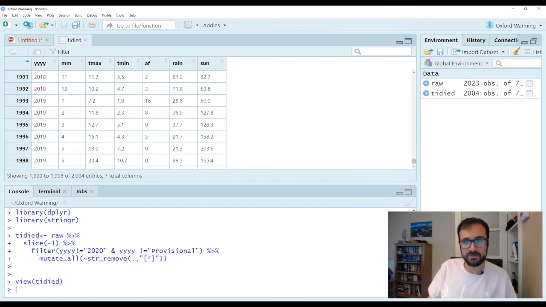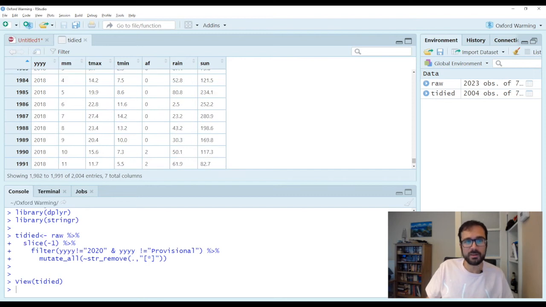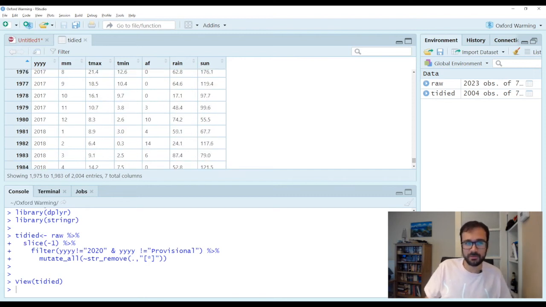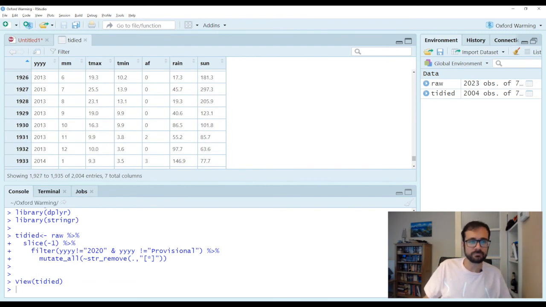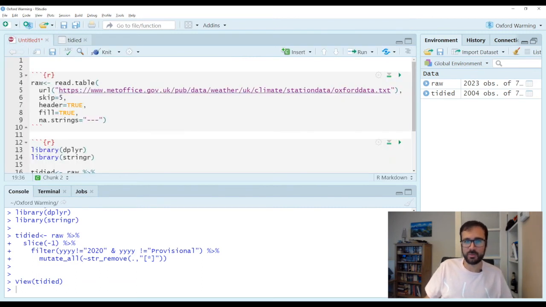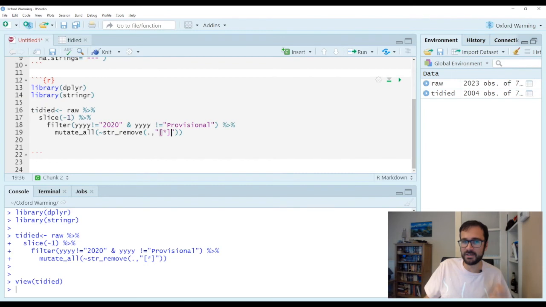I should have noted down exactly where the star was, but if you can see, it looks like I have managed to get rid of those stars. So using that square bracket is really a key thing to know how to do if you have to do little fiddly bits of data manipulation like this.